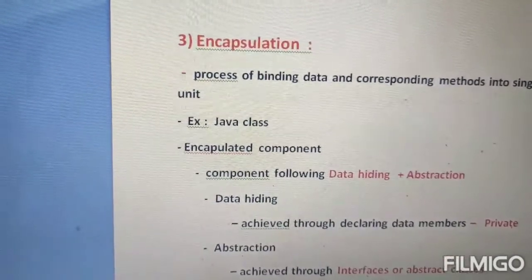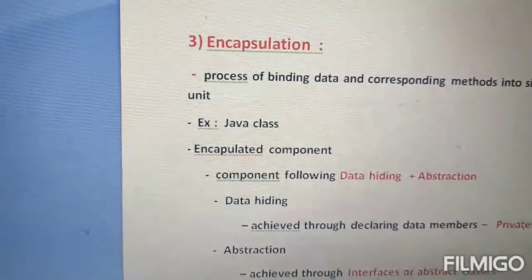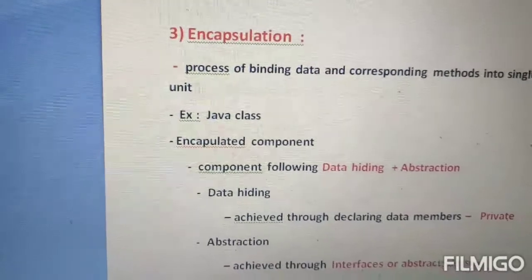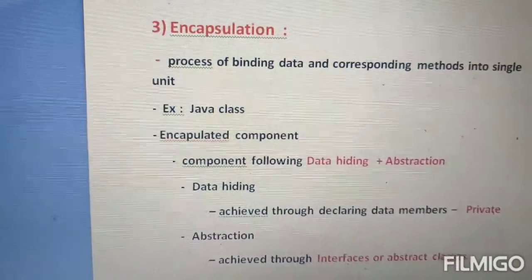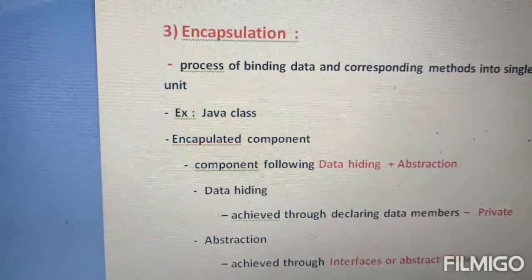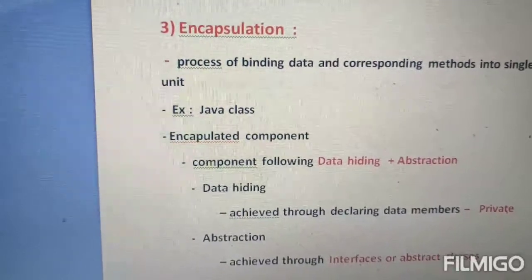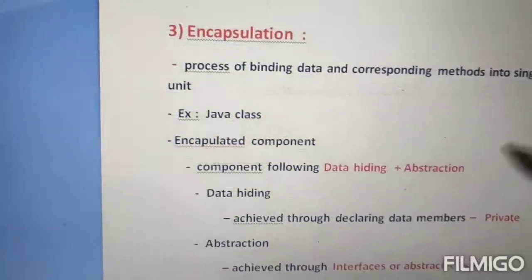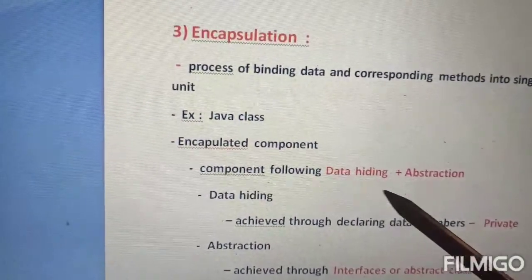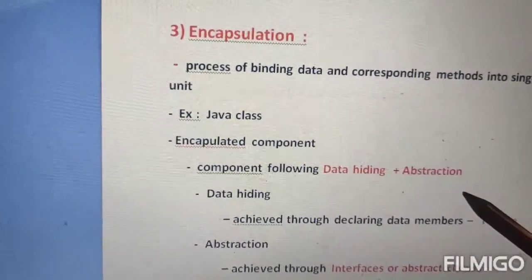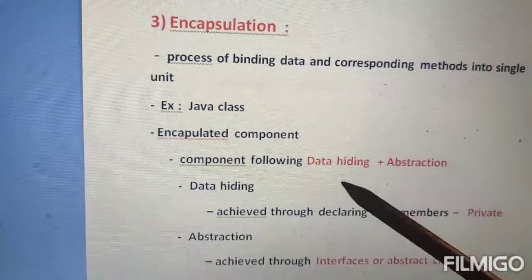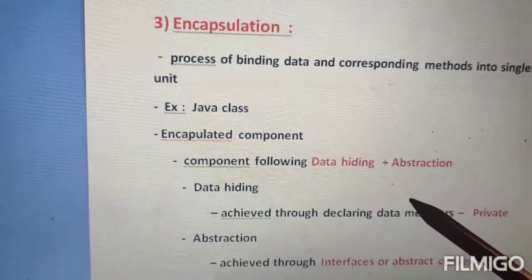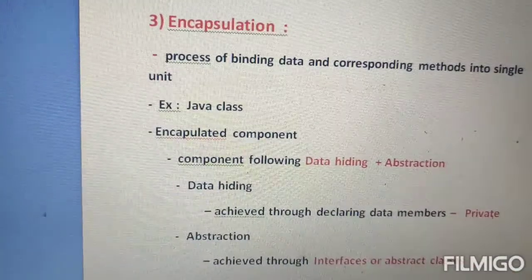An encapsulated component is a class, if any component follows data hiding along with abstraction. Such a component is said to be an encapsulated component. I mentioned here data hiding and abstraction. If your component follows data hiding and abstraction, then it is said to be an encapsulated component.